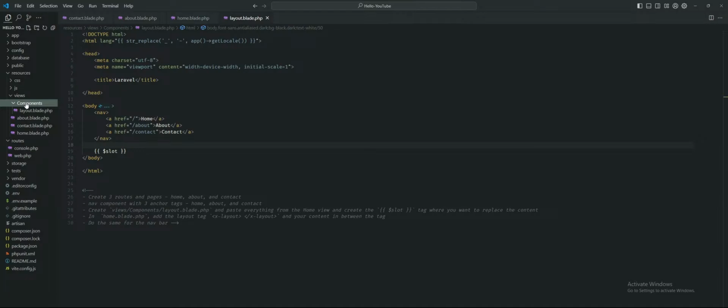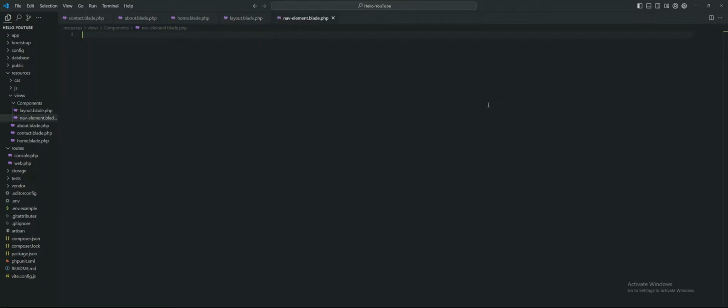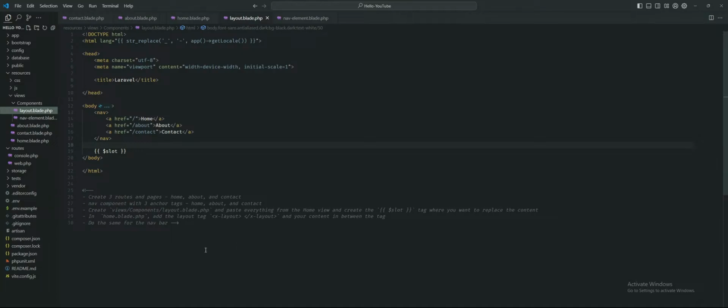Components. I'm gonna create a new file called nav-element.blade.php. Okay, so the assignment for our homework is to essentially take this nav component, which is essentially just anchor tags, and do something like this: